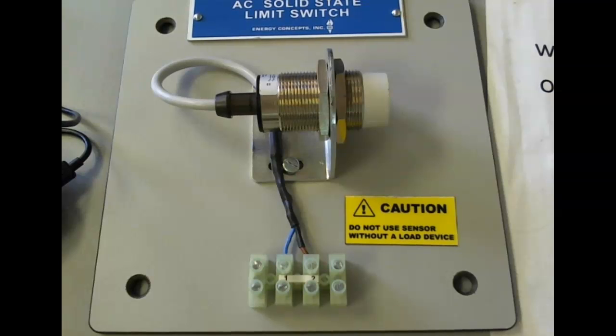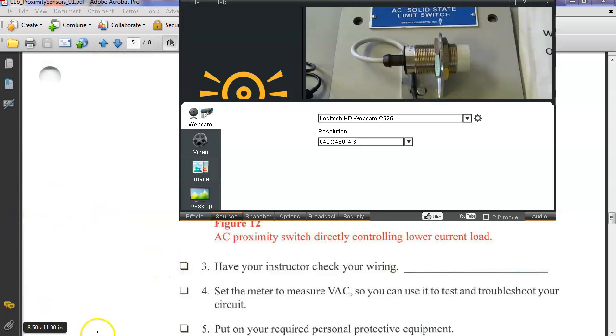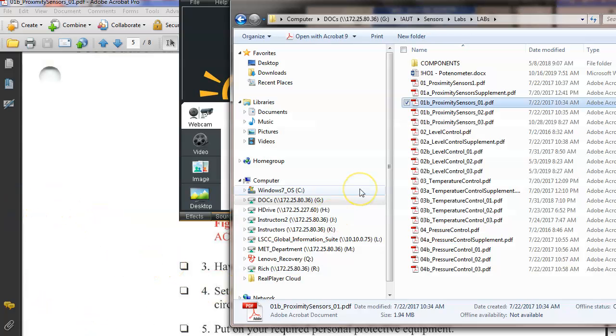They have to be powered. It's only a two-wire sensor, right? So what does that mean? Well, this guy powers up through the load. So it says right here, do not use sensor without a load. So if you hook this thing across the line, what would you do? As soon as you activated it, you would have a short circuit. And what would probably happen? Well, it would probably destroy the sensor, right? So these probably would not blow up, but it will definitely destroy it. These didn't blow up, but